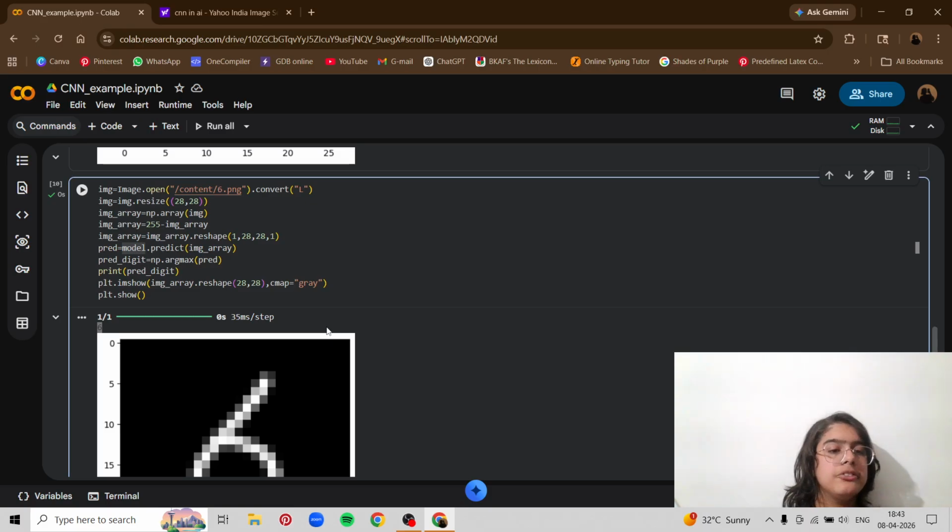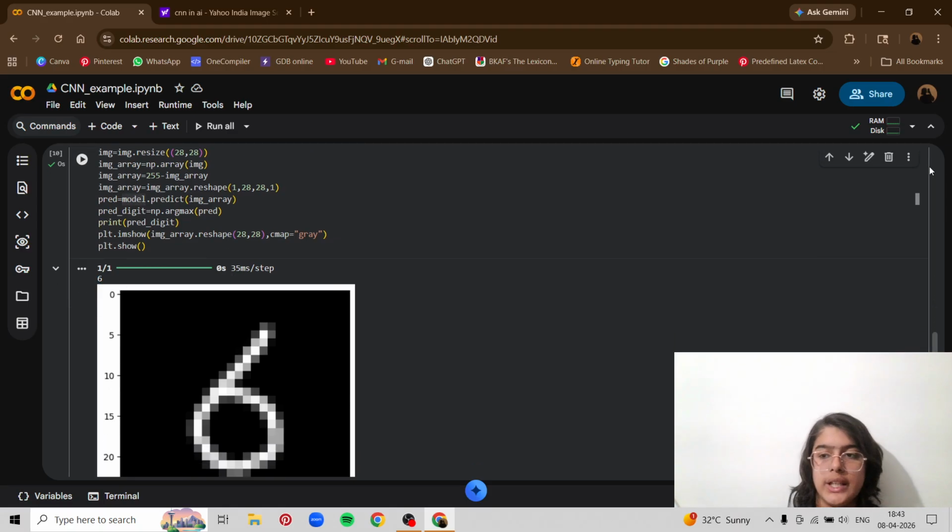And then we have np.argmax of pred. So over here that's the same code as previous, and then I have imshow and I've used cmap gray. You can leave out cmap, it is really not important. And then I've also reshaped it, and then I've run plt.show.